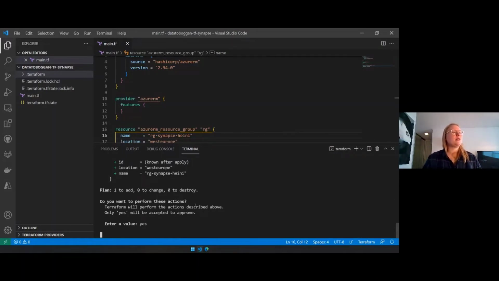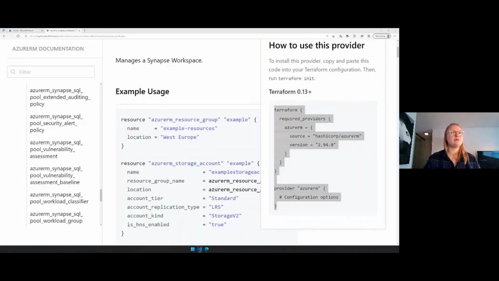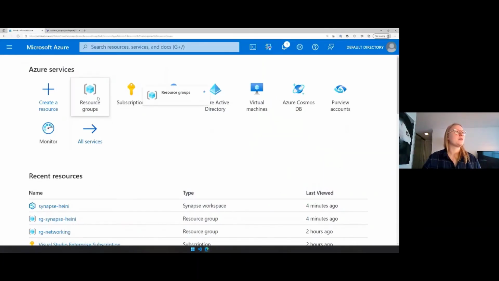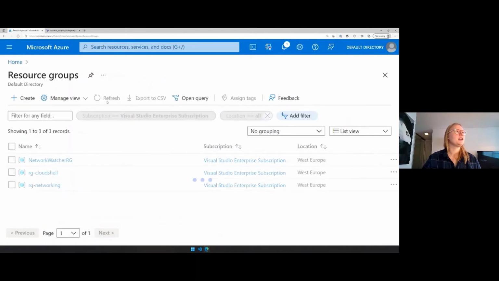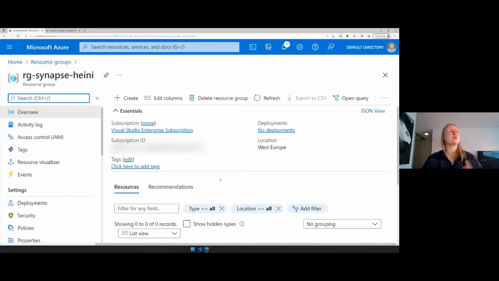All right, so that is going to take a moment for it to create the resource group, not long. And if I were now to go into my Azure subscription here and go look at the resource groups, it always takes a little time to refresh in the Azure portal, which I normally don't have the patience to do. It will then show up that resource group, and since we didn't actually create any resources in there,